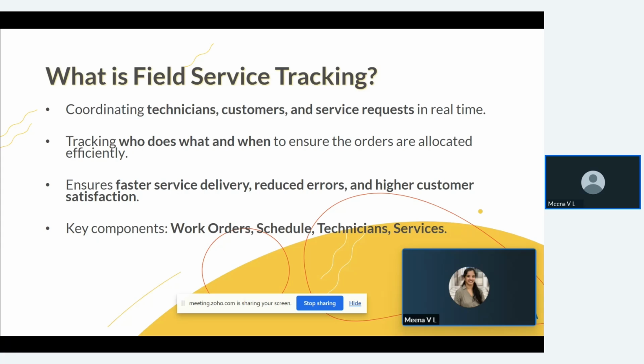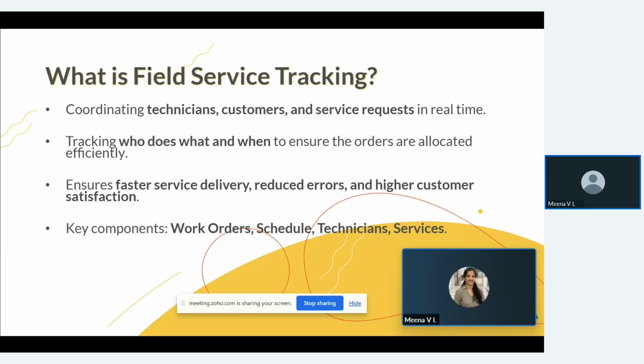So you may ask me whether we already have an application for this use case in Zoho. Yes, there is a product called Zoho FSM which is available. But Zoho FSM is a fully fledged solution where you can have the contracts with your customers, a dispatch module, and an invoicing module. It's an end-to-end FSM module, right? So you can track the mobility of the services. All those can be done through FSM.